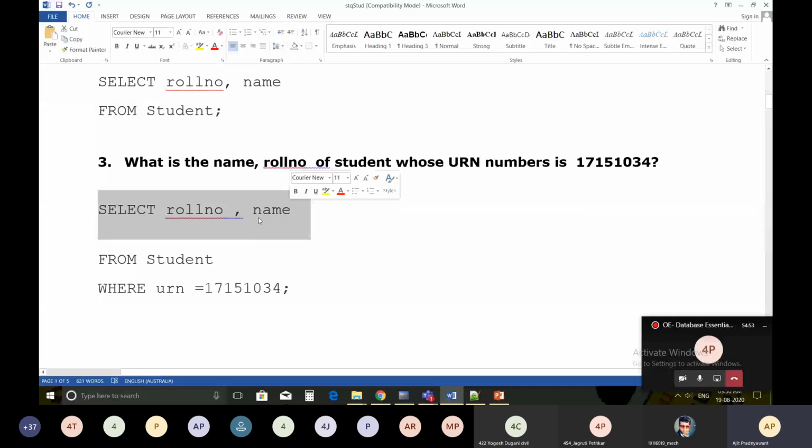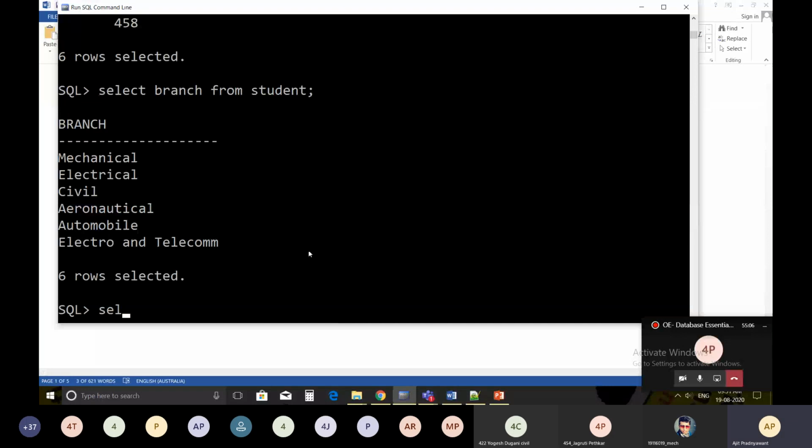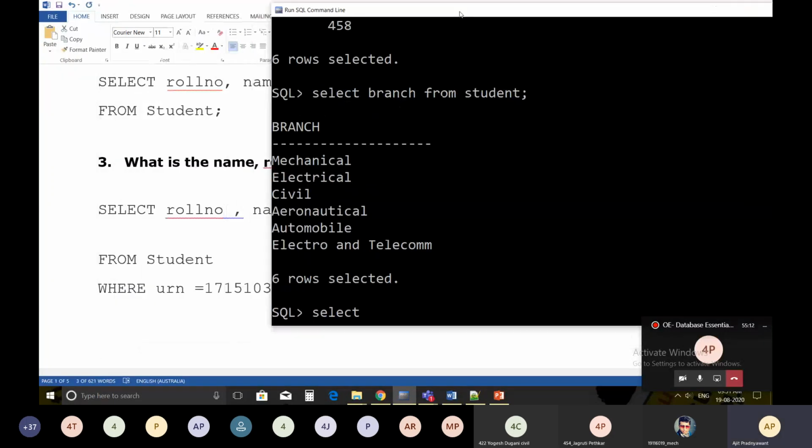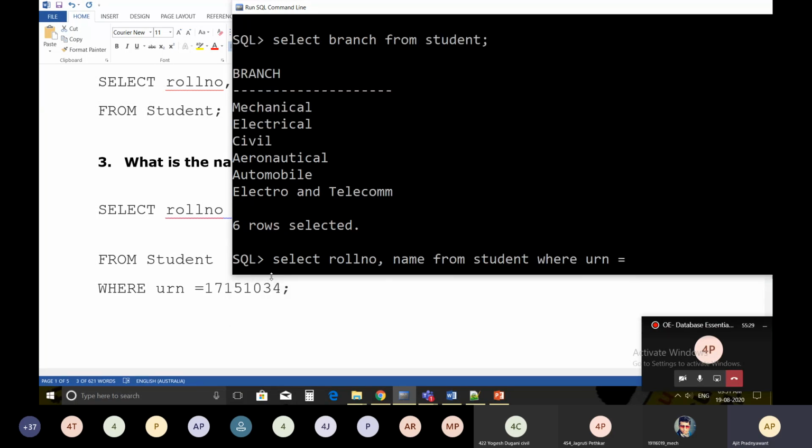Select roll number and name from student, and you have to mention where, URN is equal to this number, 17151034.